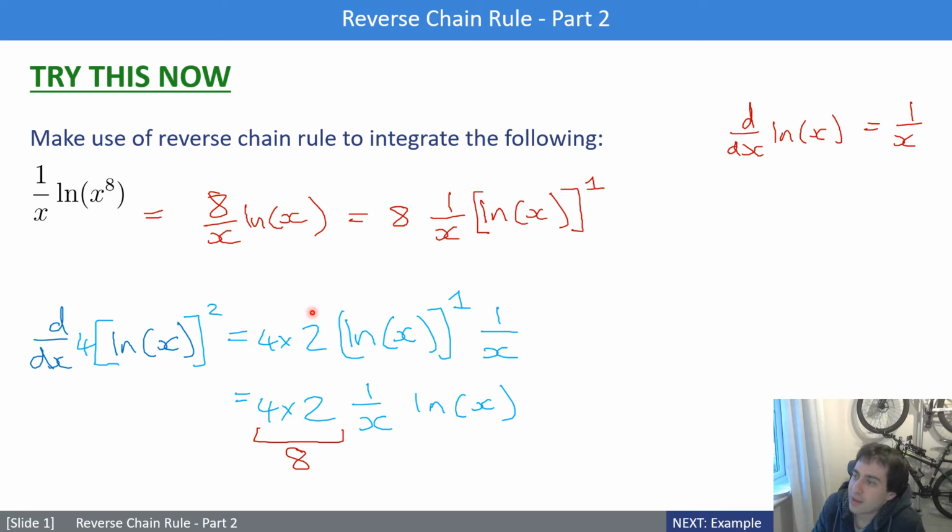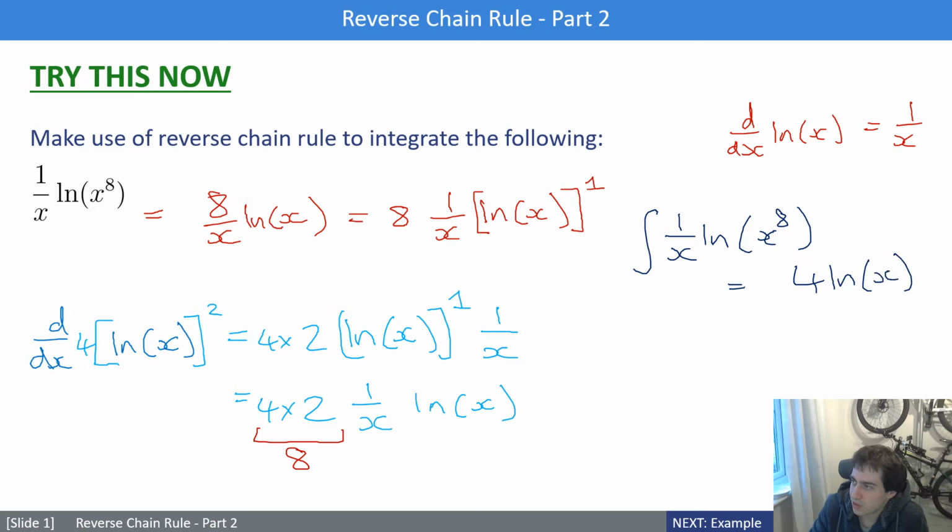And therefore, if we were to integrate this, we would end up with 4 ln x squared. So let's make a note of that here. The integral of 1 over x ln of x to the 8 equals 4 ln of x squared. And the reason I like this is because I wouldn't necessarily call it simplifying, but you can convert this into an even, perhaps you could argue, more beautiful form. So it turns out the integral of this function, if you get that using reverse chain rule, we can actually go a little bit further